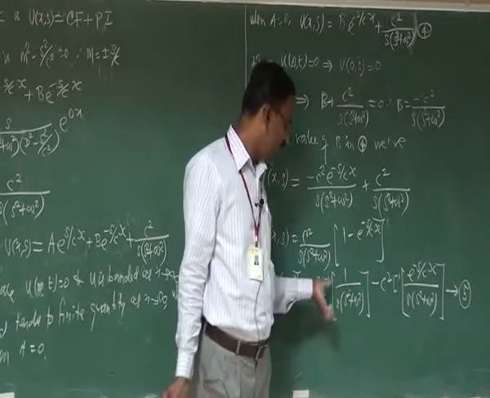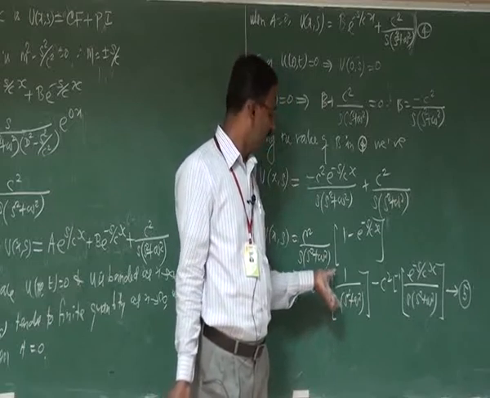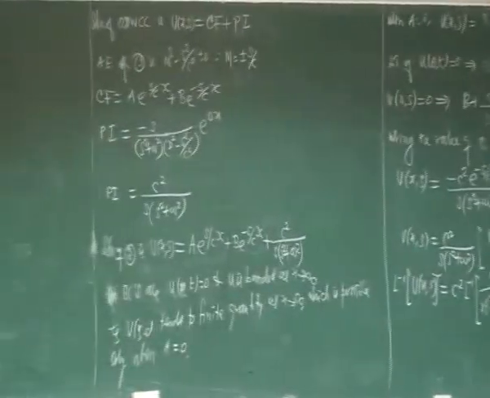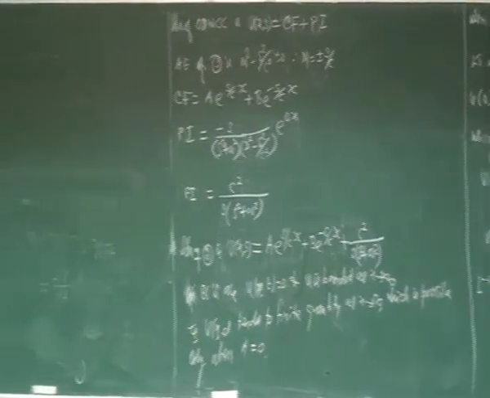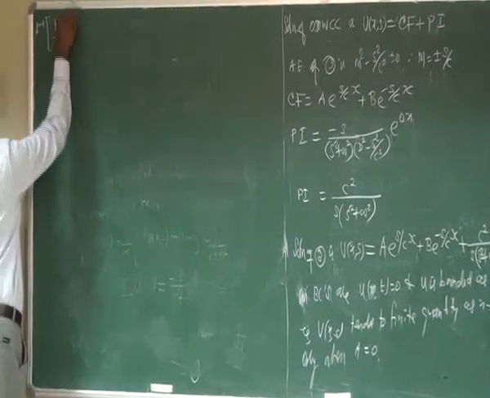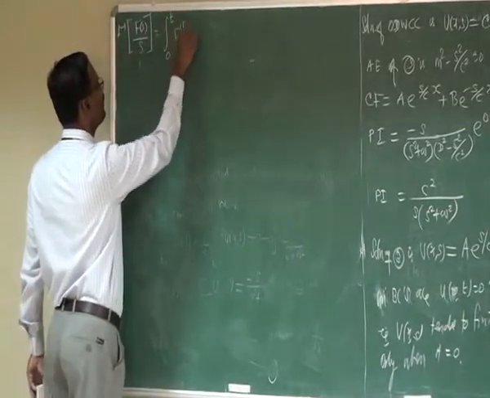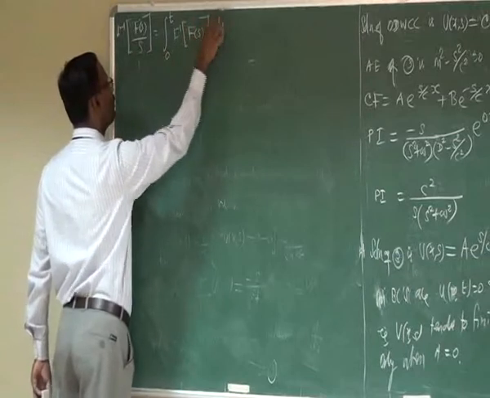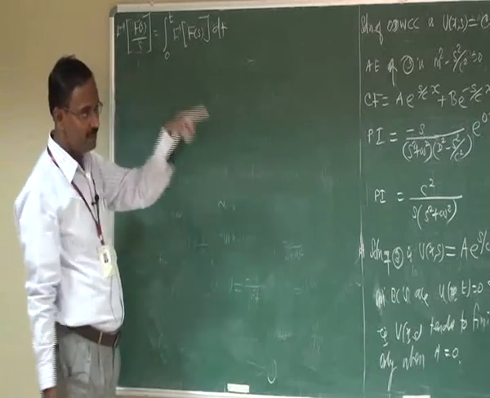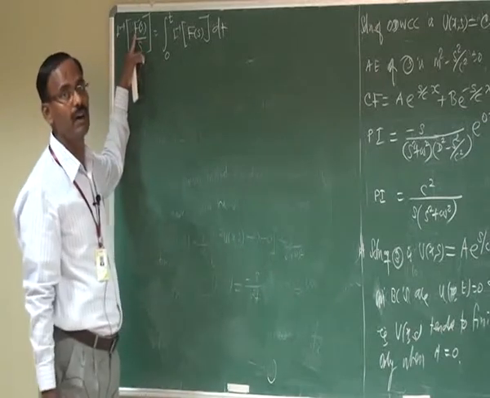So here, it is better to find the inverse Laplace transform of this function by using the property of the form f of s by s. As you know, the inverse Laplace transform whenever the function is of the form f of s by s is equal to the integral from 0 to t of L inverse of f of s dt. Comparing this result with our problem, here f of s is 1 by s square plus omega square.